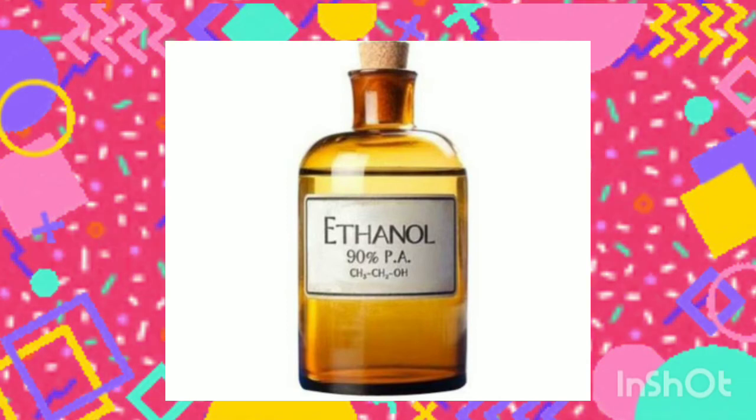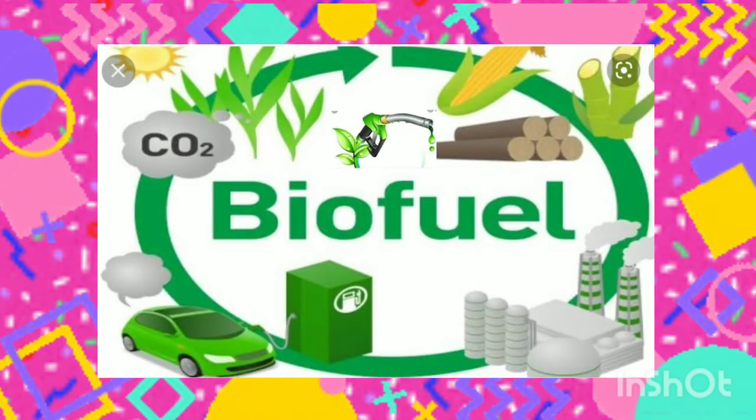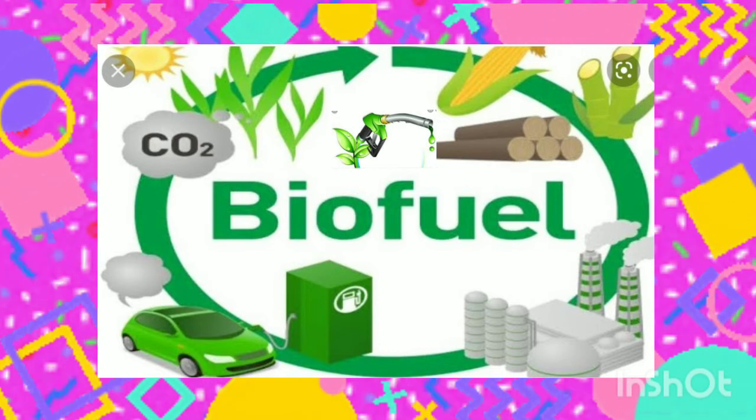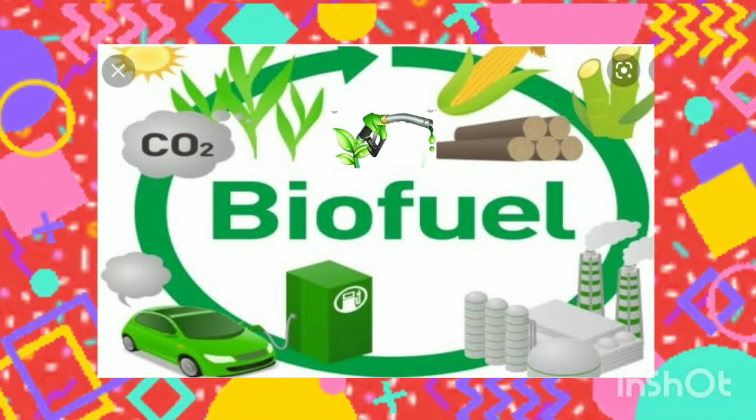Then food items such as sugarcane, maize, wheat, sweet corn, sugar beet, and starch-rich foods such as corn, cassava, and damaged food grains like broken rice and rotten potatoes that are unfit for human consumption are used in the production of biofuel. So from waste food materials, people found a new diesel fuel called biofuel.